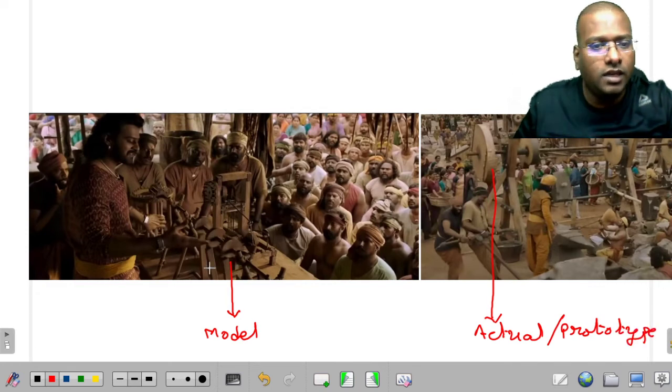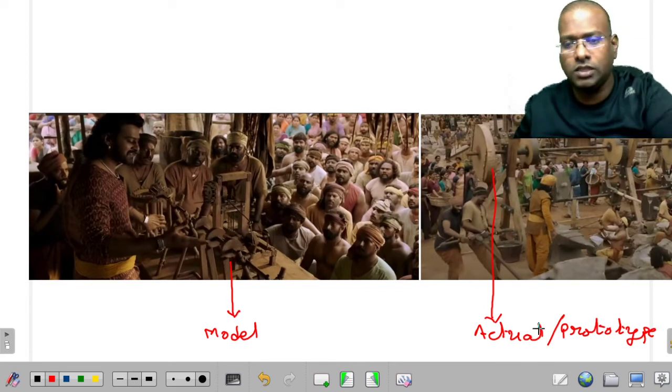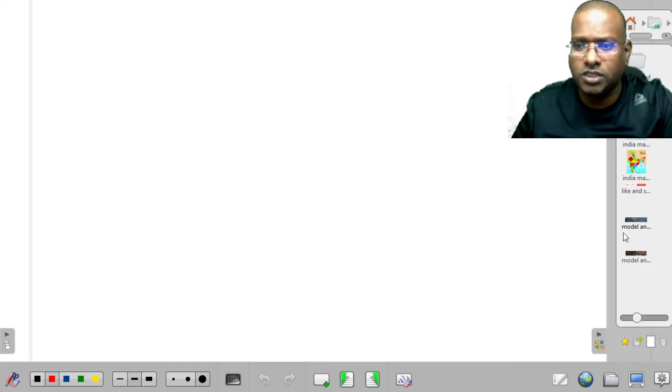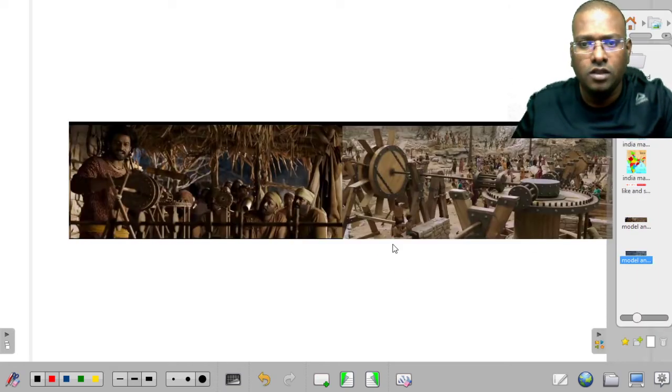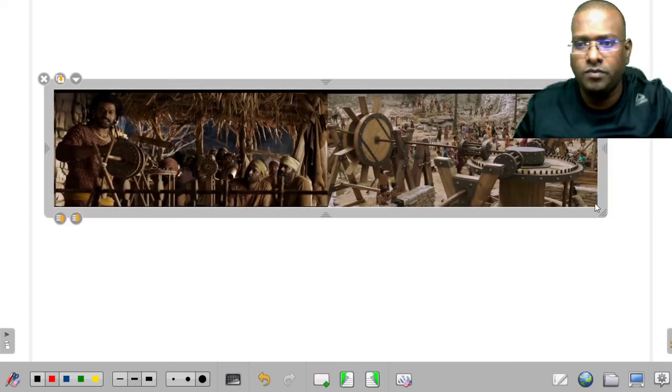Prototype. Sir, whatever model is shown here does not have just length, it does not have just area, it has volume, it is a solid block. So it has volume. Not only this, you can take one more picture from the same, so here you can get some more clarity.